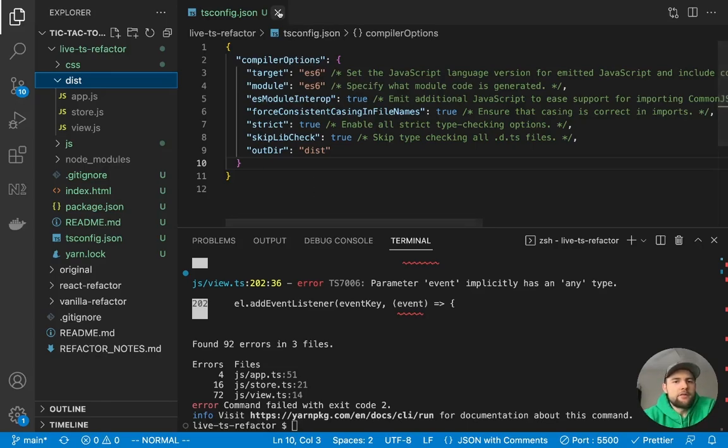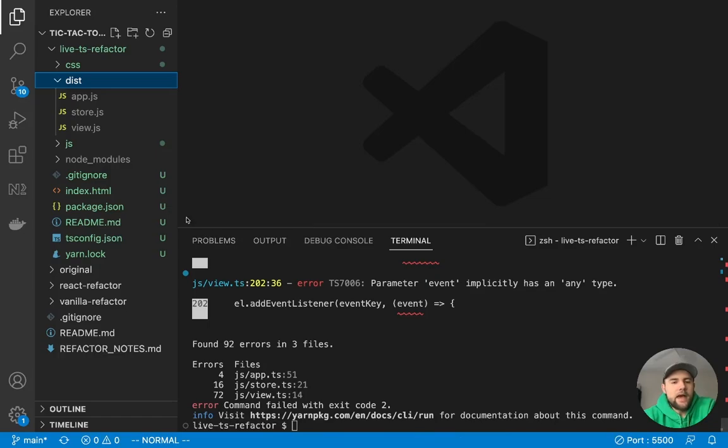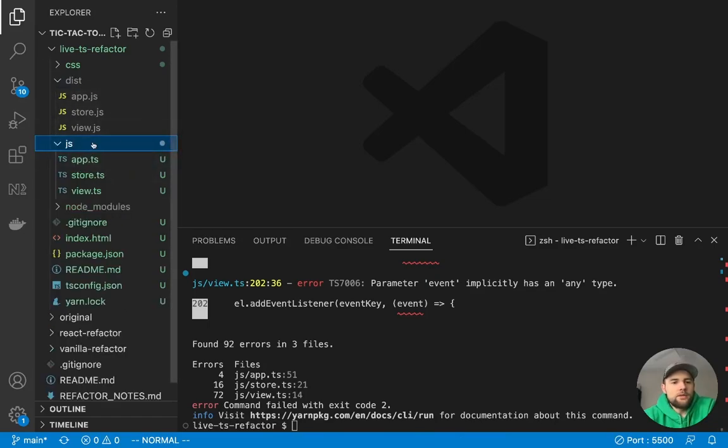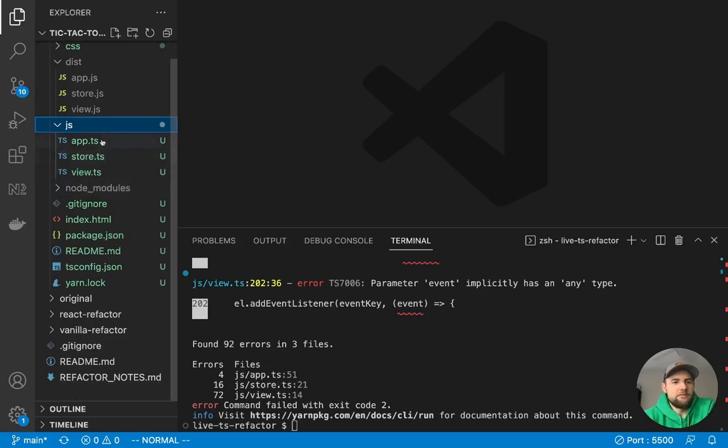So now that we have everything set up and we've got the app working with this dist directory, we will just jump into this JS folder. It's probably not the best name for it anymore, but technically, TypeScript is a superset of JavaScript, so it's somewhat valid.